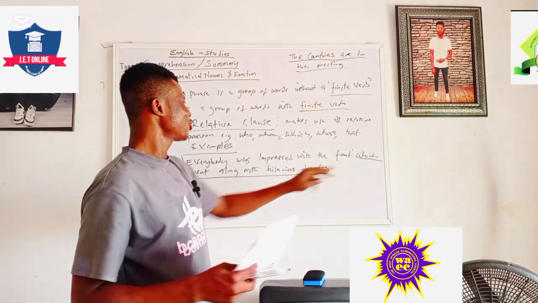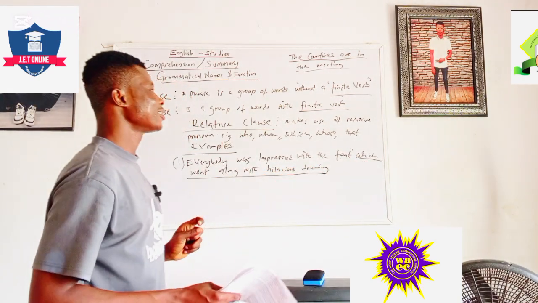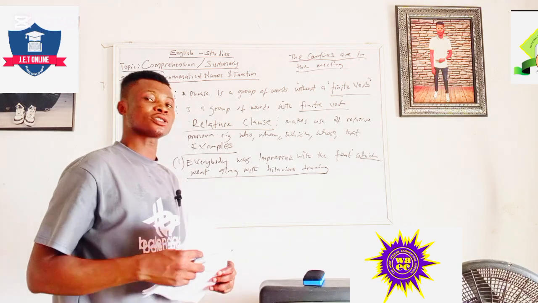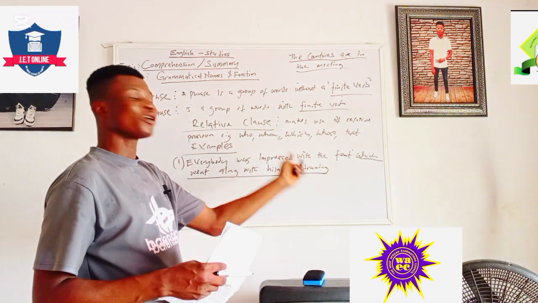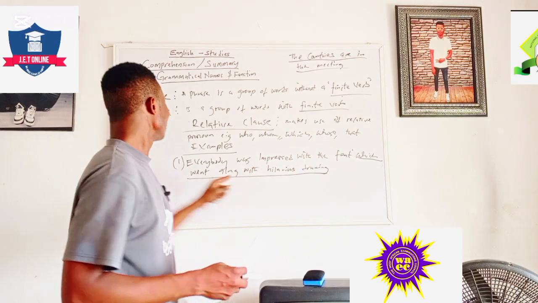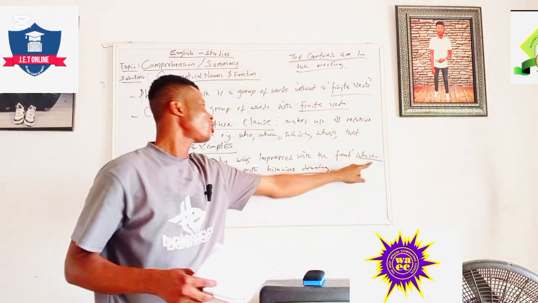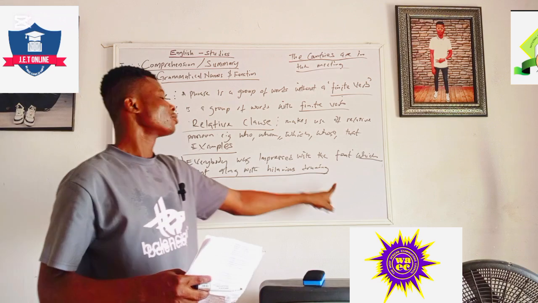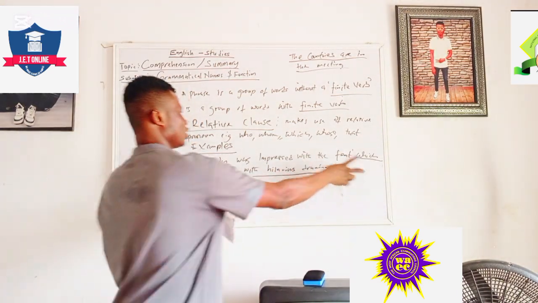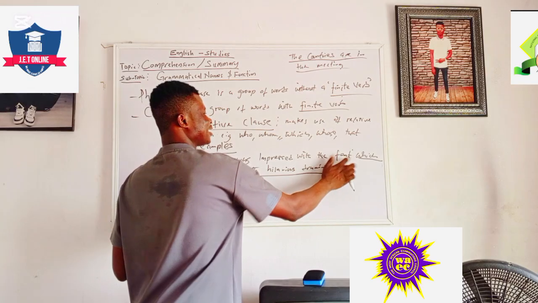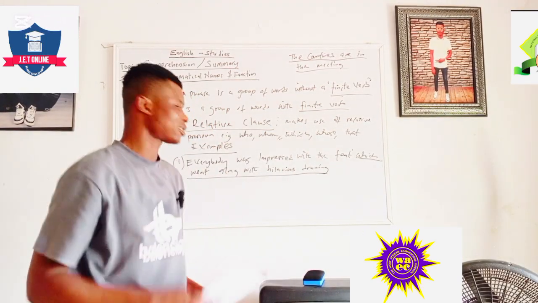You look at it, there is a use of what? Relative pronoun, which. And another thing is that relative clauses normally qualify the noun that comes before them. That is, they will tell you more information about the nouns. Now, the expression is "everybody was impressed with the feast." Which feast? The one that went along with hilarious drumming. If you look at this expression, it is qualifying this noun, giving us more information about the feast.